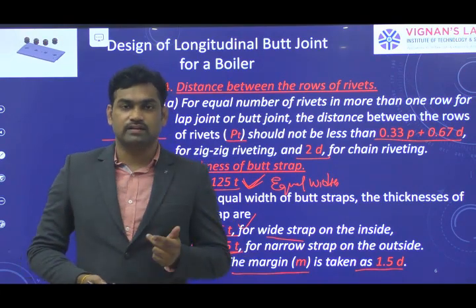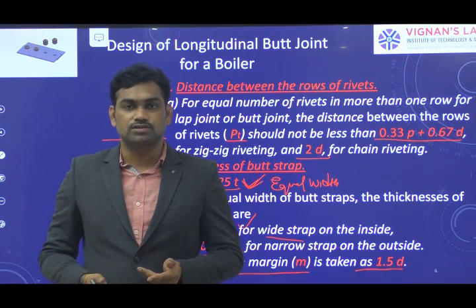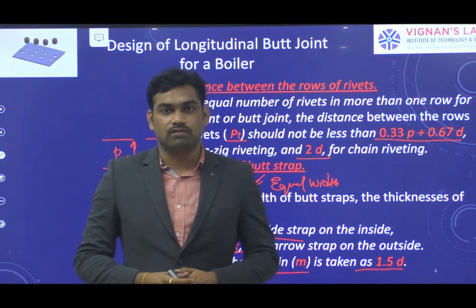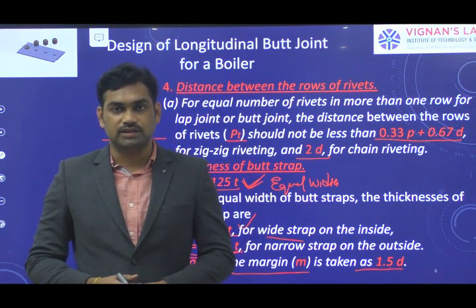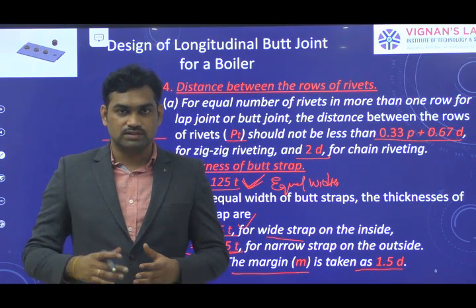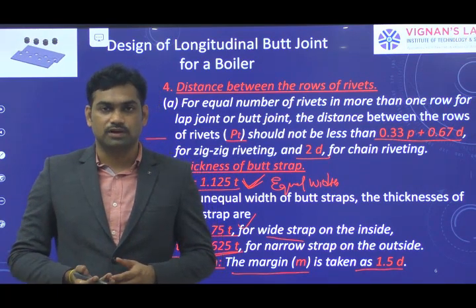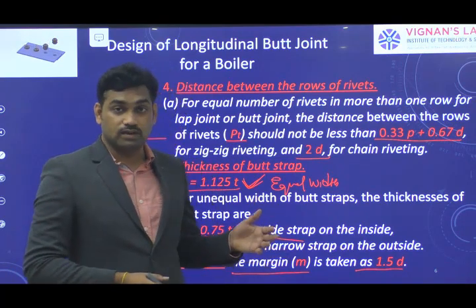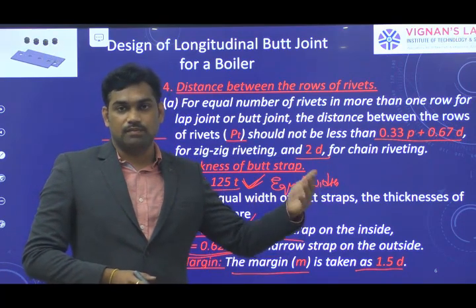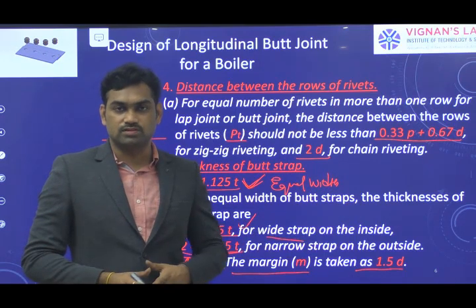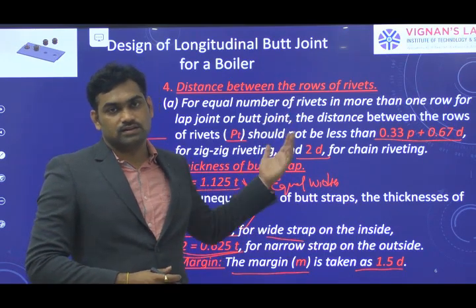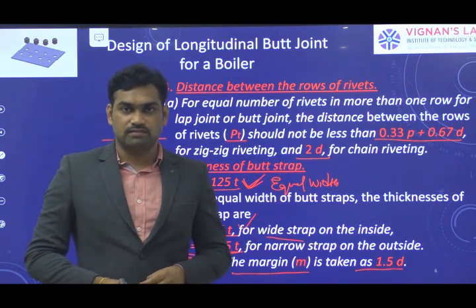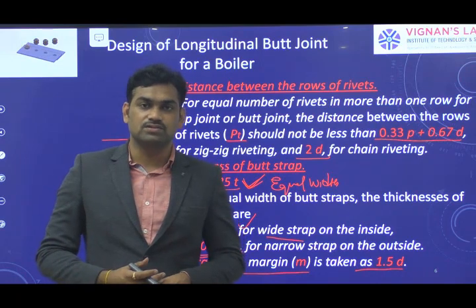And the third step is to find the pitch of rivets, where the minimum you can provide is 2D. The maximum pitch is P max equal to CT plus 41.28 mm. The C value is a constant based upon the number of rivets per pitch length, the number of rows, and the type of joint, lap or butt, single strap or double strap. You can use the value of C accordingly. Next, you find the row pitch, which is 0.33B plus 6.7D for zigzag. If it is chain, you can use 2D.